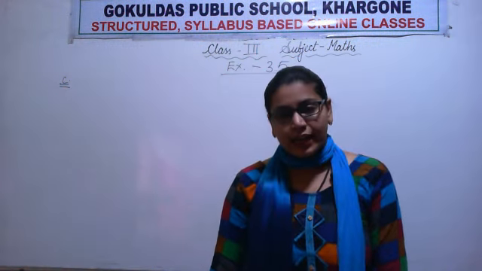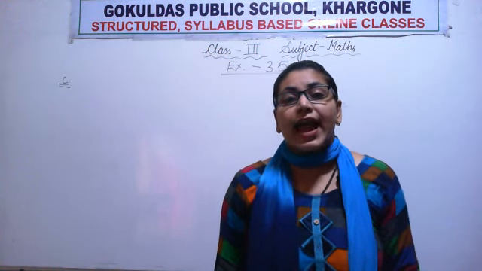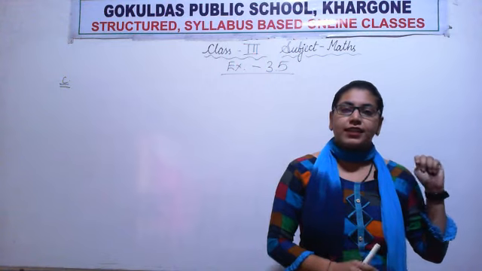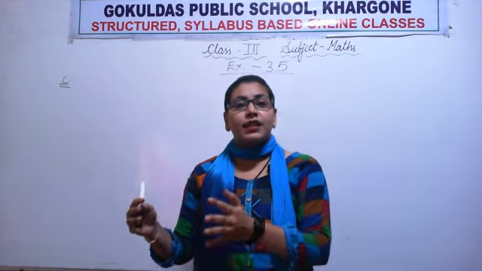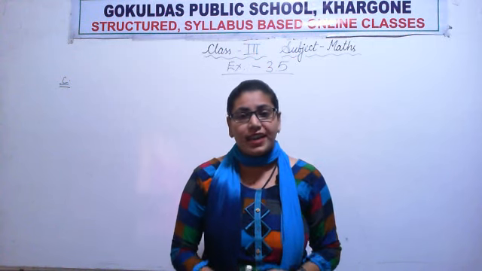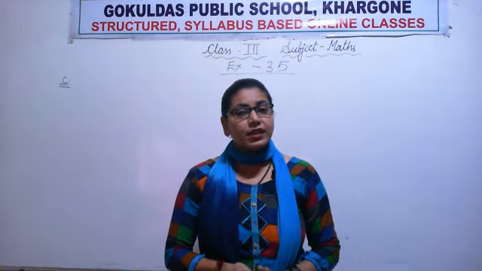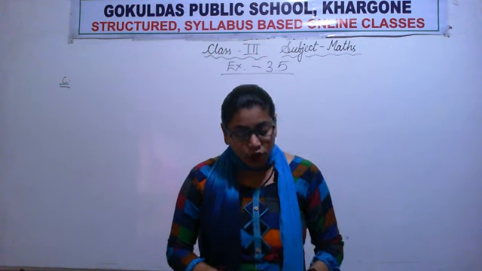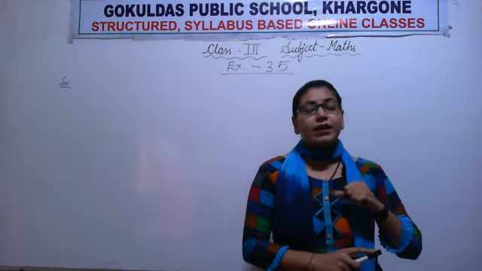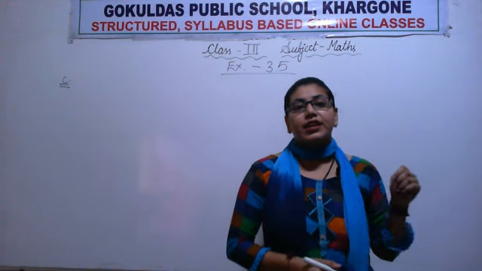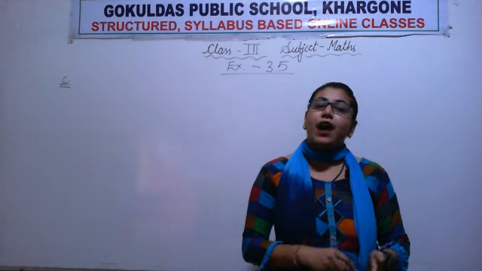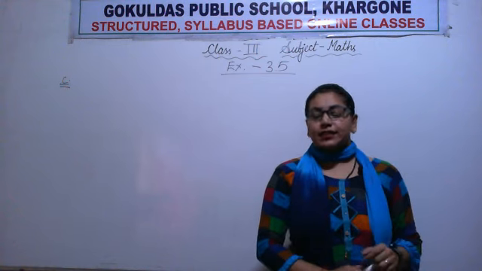See, there is a boy Anish who is distributing some candies in his school. He distributed some number of candies in one class and another number of candies in another class, and some candies are left. Now the question is asking us to find the total. The question has the total number of candies also. Total 700 candies you are having. Now the question is asking us to find out the left candies.